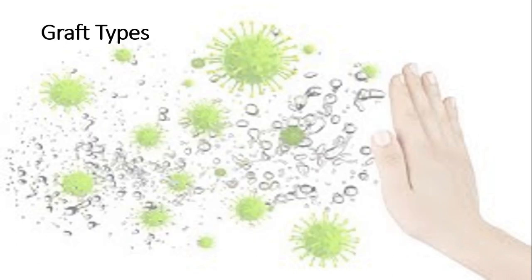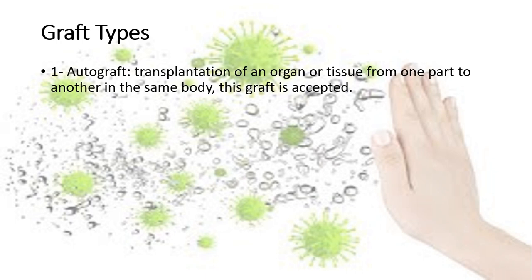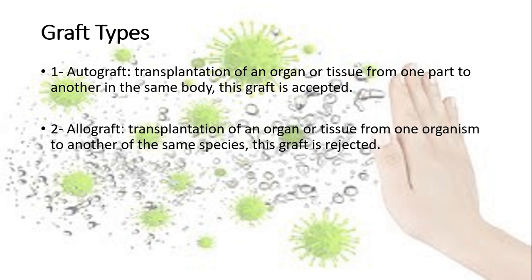What are the graft types? First, we have the autograft. Autograft is grafting or transplanting an organ or a tissue from one part of the body to another part, but in the same body. Usually this graft is accepted. On the other hand, we have the allograft, which is the transplantation of an organ or tissue from one organism, from one body, to another organism, but they both belong to the same species, and this graft is